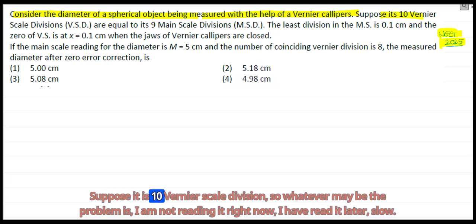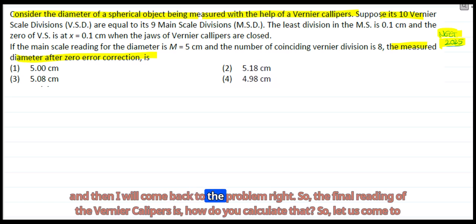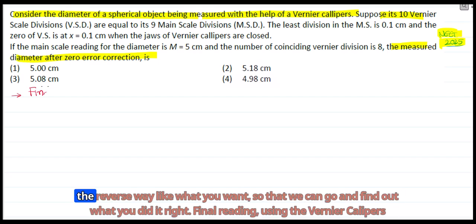Suppose it's 10 Vernier scale divisions. Whatever the problem is, I'm not reading it right now, I will read it a little slower. What we have to find out is the measured diameter of that wire, including zero correction. So I will start from there and then come back to the problem. So the final reading of the Vernier calipers, how do you calculate that? Let's come at it the reverse way, like what do you want, so that we can find out